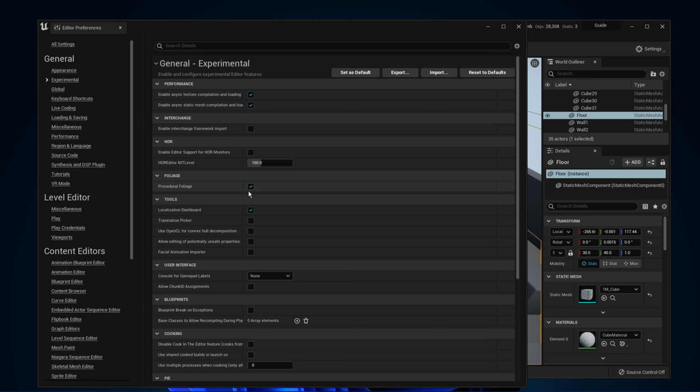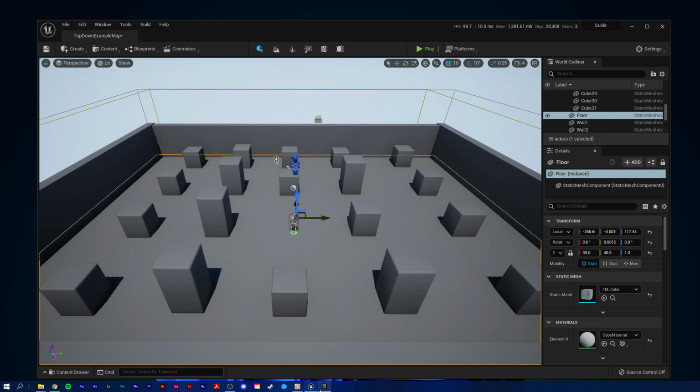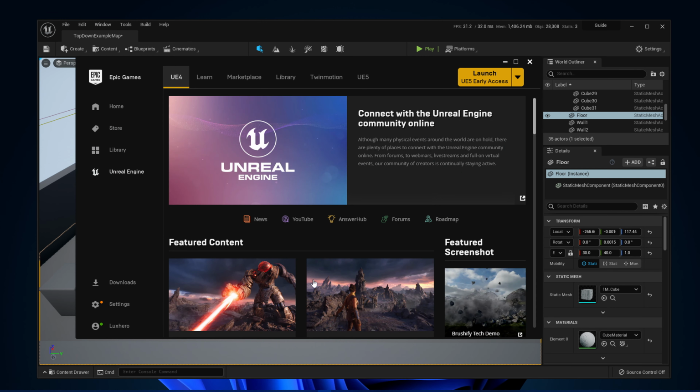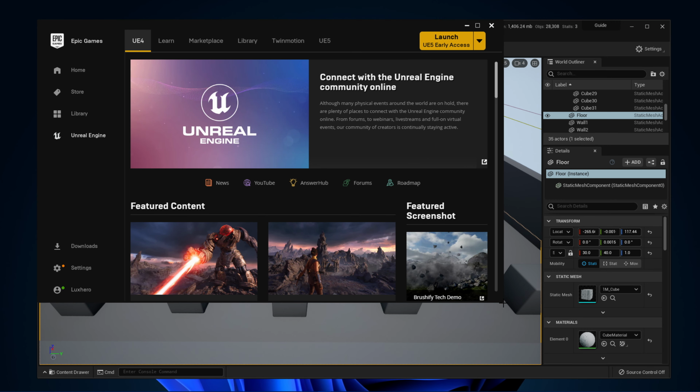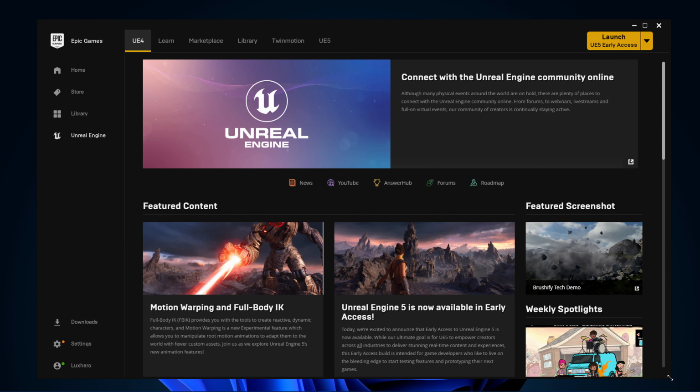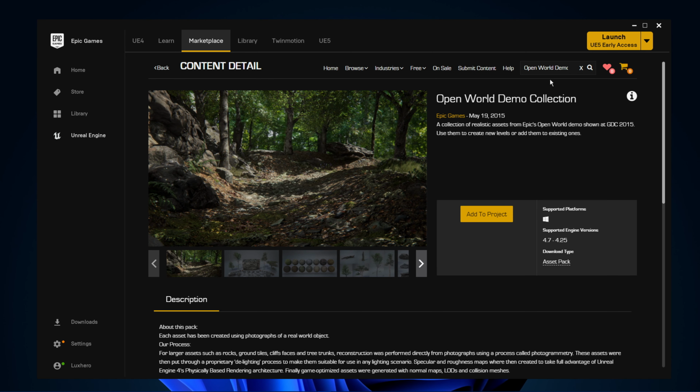You will also need to download the Open World Demo Collection content pack from the Unreal Engine Marketplace, as some content used for procedural foliage will be available there. Simply open up your Epic Games launcher, and in the Unreal Engine section, navigate to Marketplace. Here, search for Open World Demo Collection, which will allow you to download it here for free on your Windows